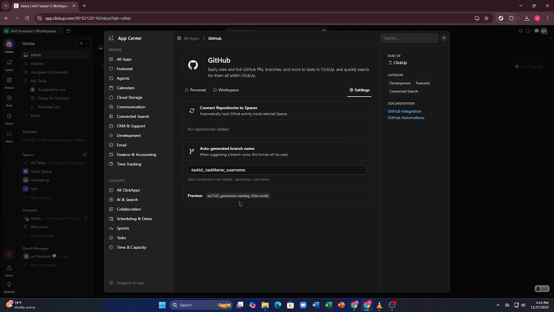And that's it. Your ClickUp workspace is now synced with GitHub, making collaboration smoother and saving you time on manual